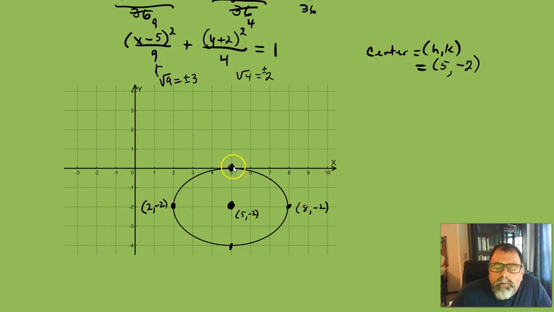And then our co-vertices, this one would be 5, 0. This one would be 5, negative 4. And then our